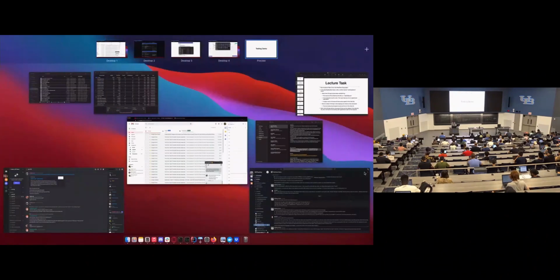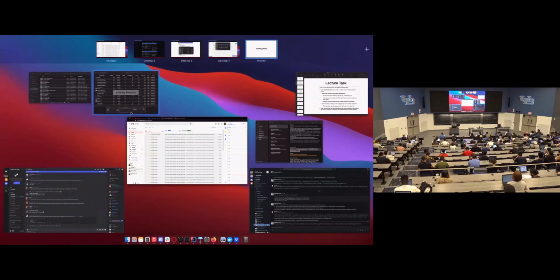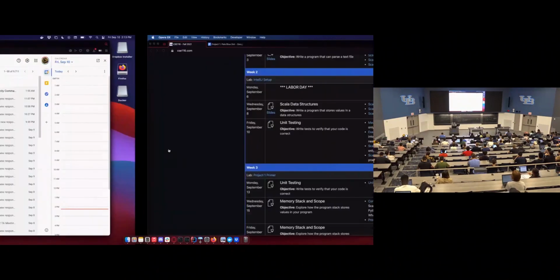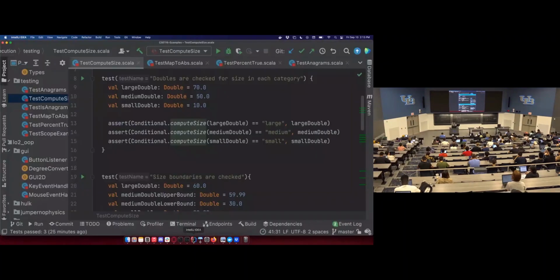All right, let's see this in IntelliJ. So this is the same code that we just saw in the slides. When I run this test,